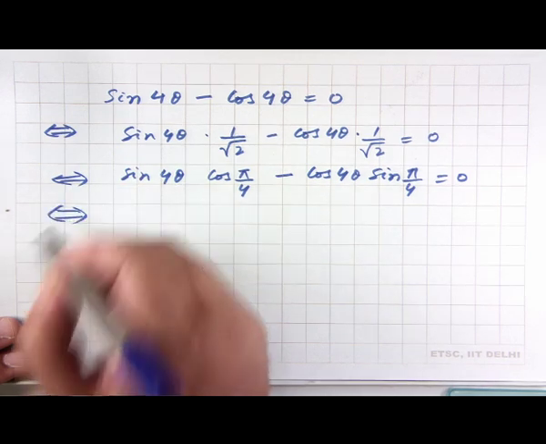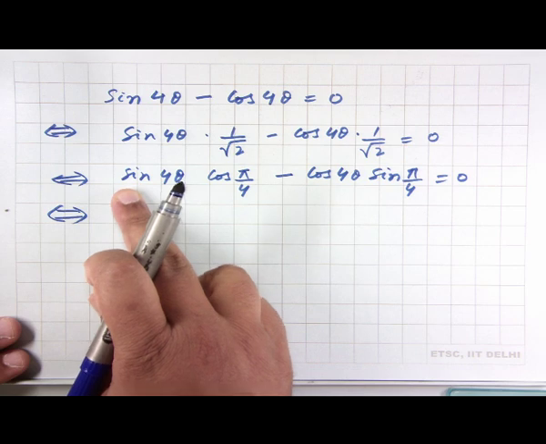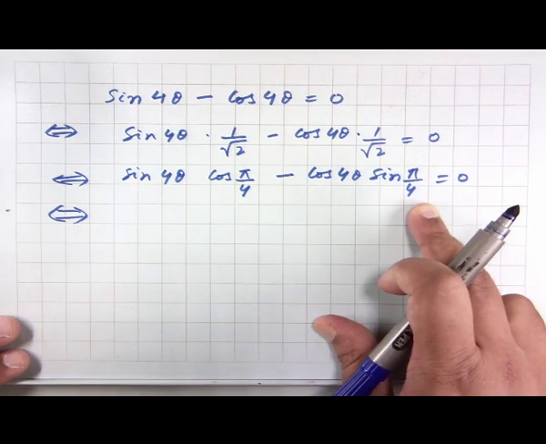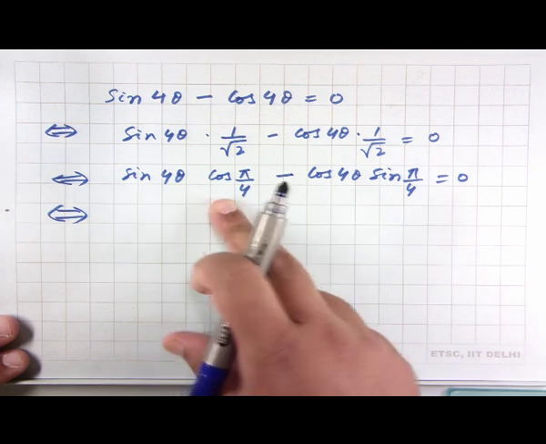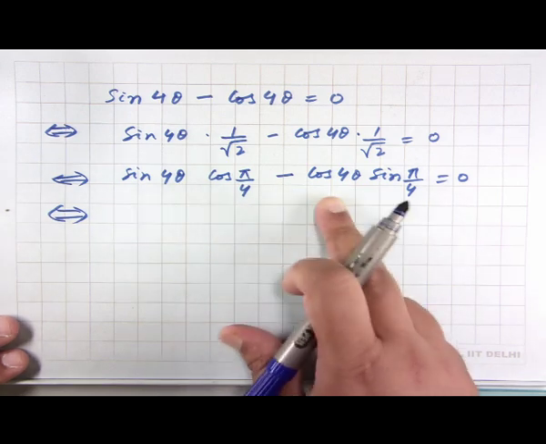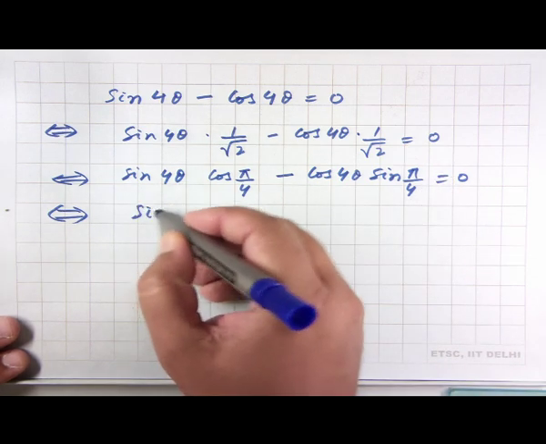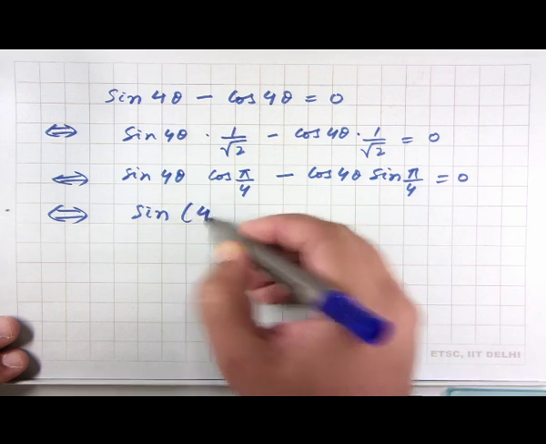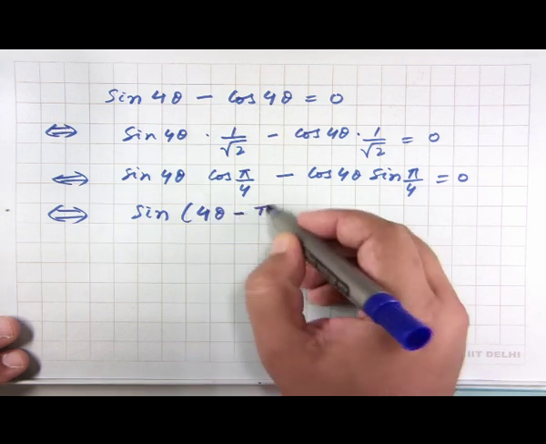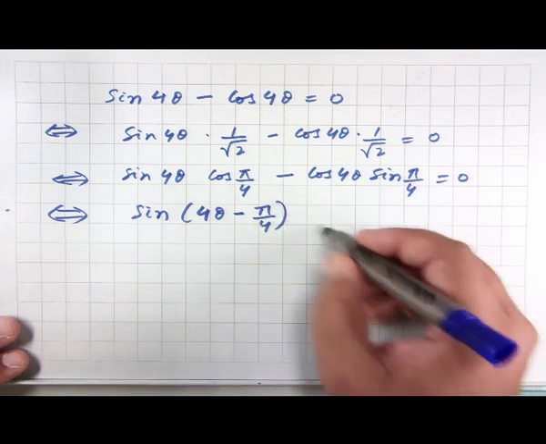Which further implies, the left hand side here is of the form sin A cos B minus cos A sin B, which is sin of A minus B. Therefore, this left hand side is equal to sin of 4 theta minus pi by 4 equals 0,